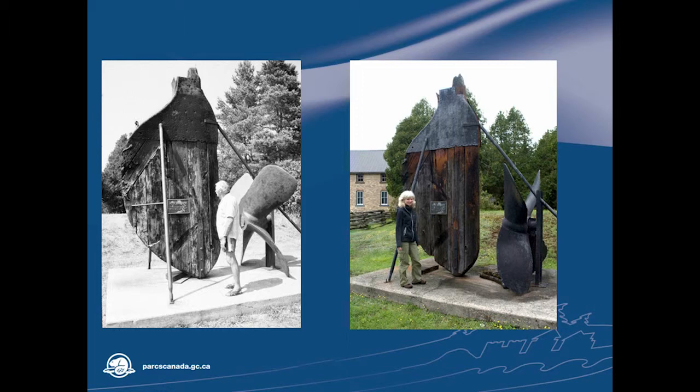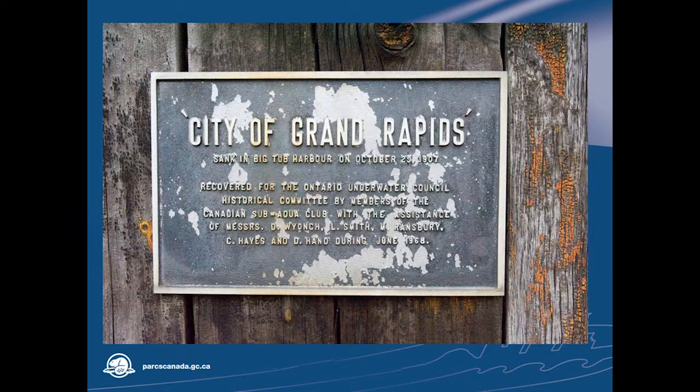But overall, it's not too bad. However, if you take a closer look at it, you can see signs of deterioration. And the point is, it's always there. Deterioration is going to continue to happen. And that's why you always have to monitor and sometimes intervene if you're trying to keep artifacts for the